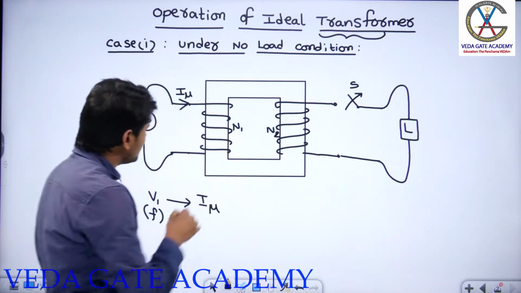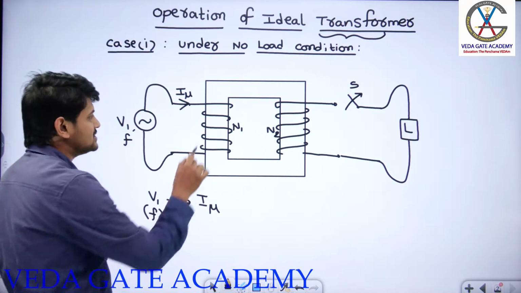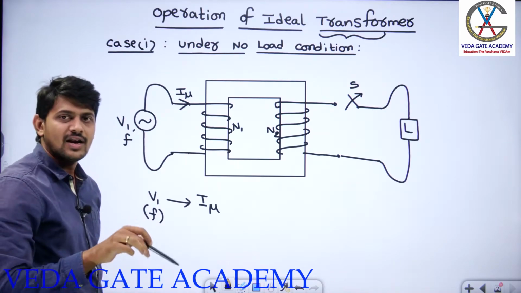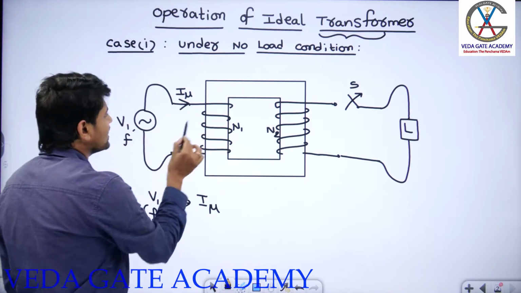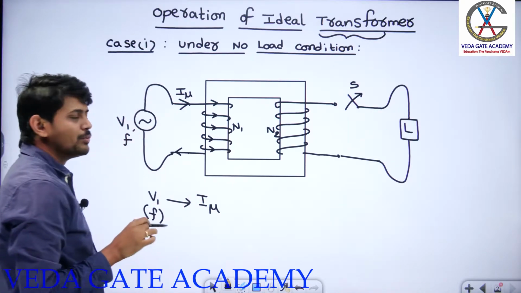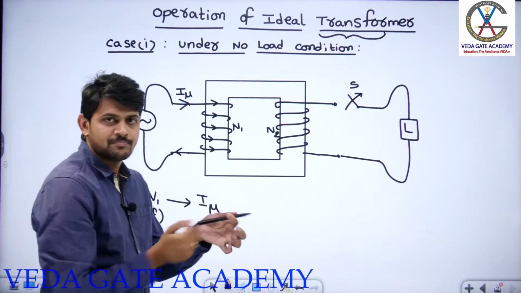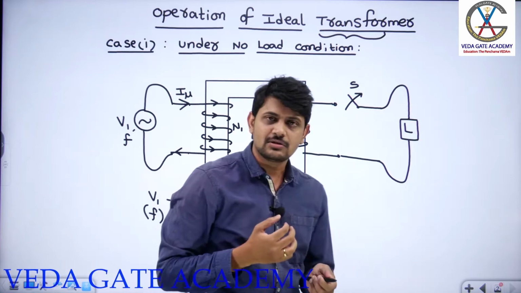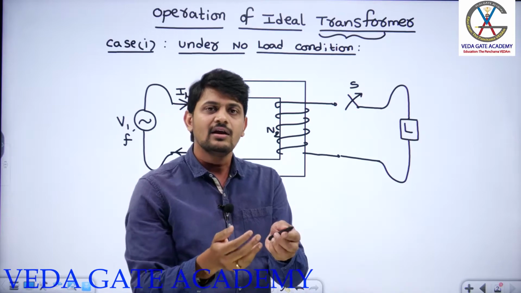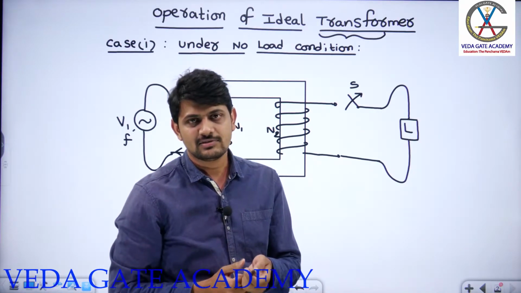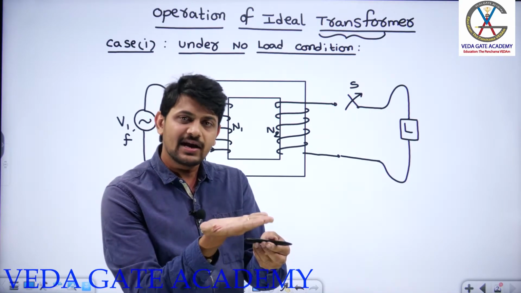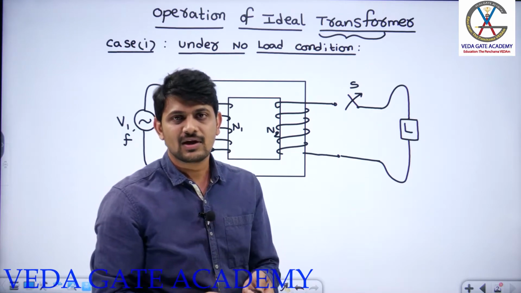Now again come back here. The moment I apply a voltage at a frequency F to this primary winding, my primary winding of the transformer will draw a current called I mu, the magnetizing component of current. Now this magnetizing component of current I mu is flowing through how many turns, guys? N1 turns. Whenever current is allowed to flow through the winding, Oersted comes into the picture. What is Oersted's statement? According to Oersted, whenever current is allowed to flow through any conductor or winding, magnetic flux lines will be produced around the conductor.